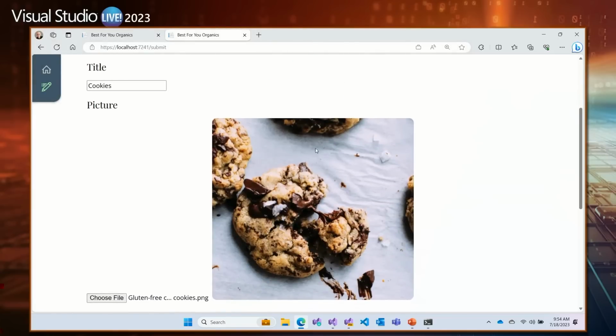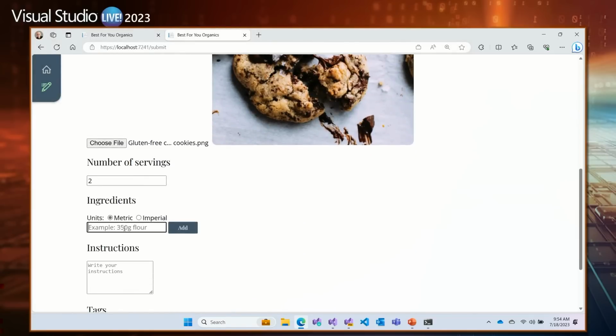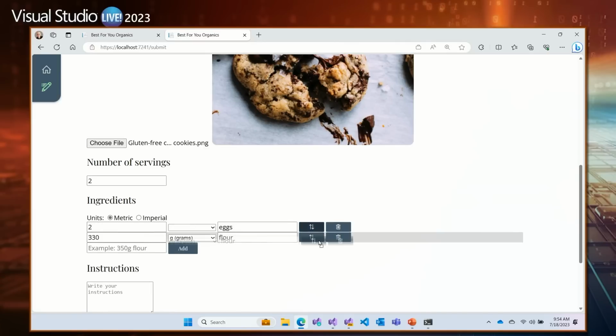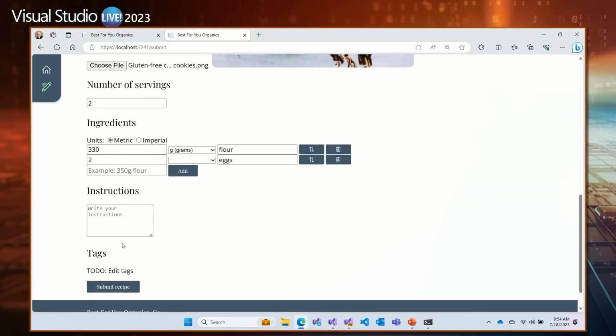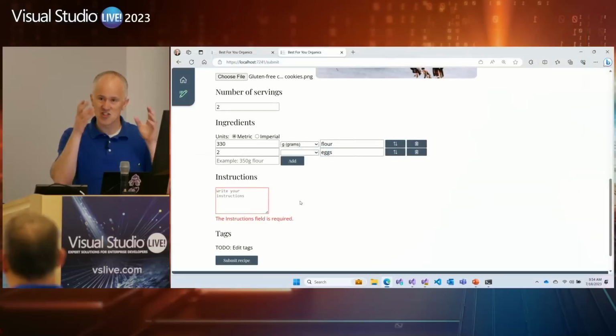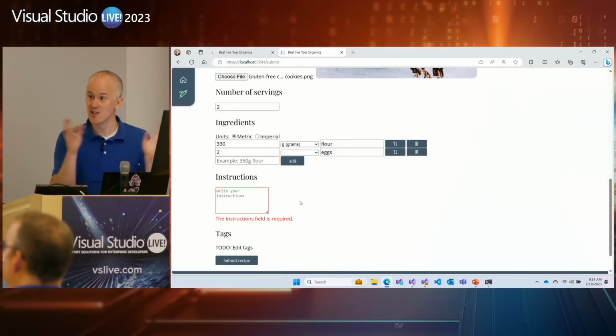And aha, we're getting a little preview of our chocolate chip cookies now. When I add some ingredients, that's all working too. I can add some eggs. I can drag and drop stuff and switch between imperial and metric units, and we get all the normal form client-side validation logic now running because we've made just this one component on this one page interactive using Blazor